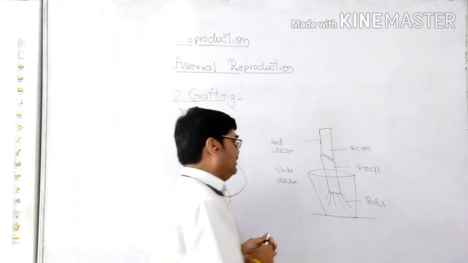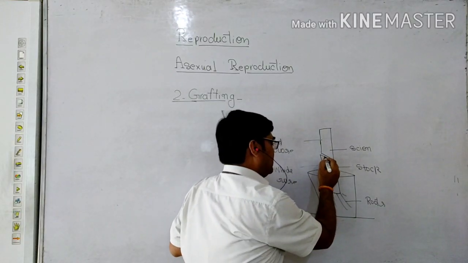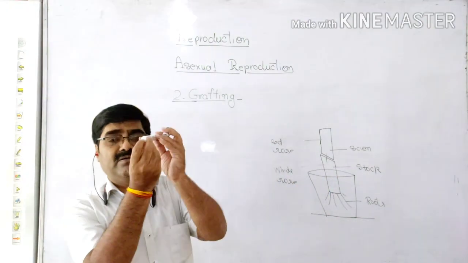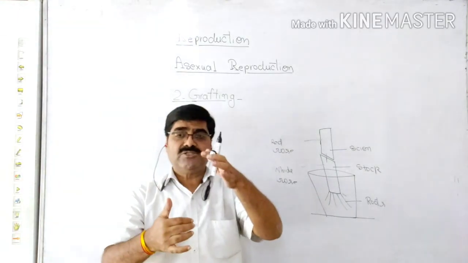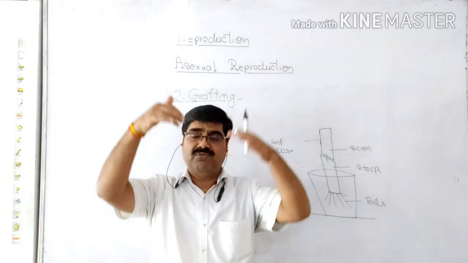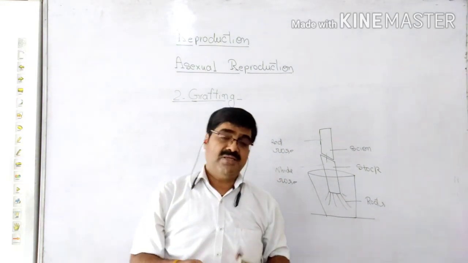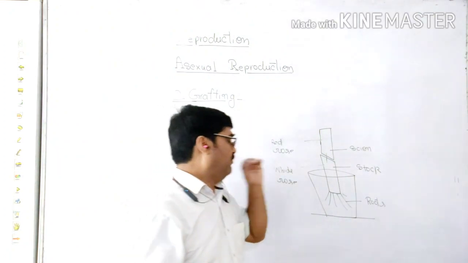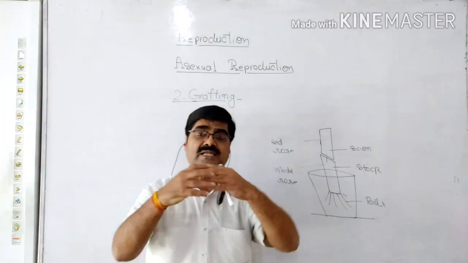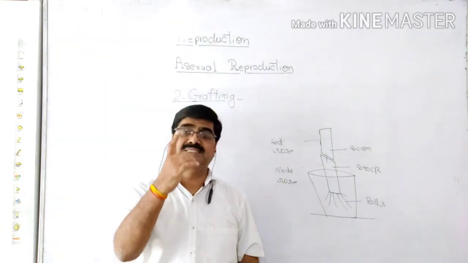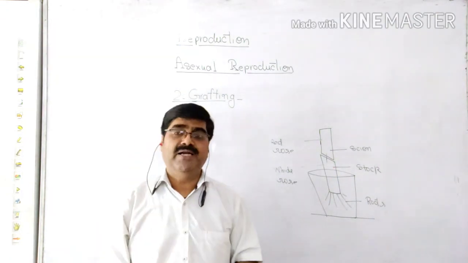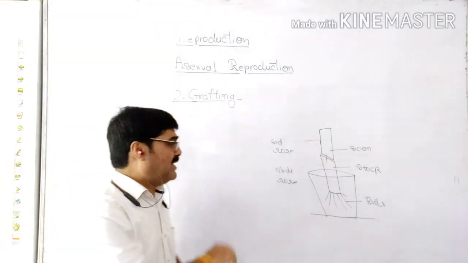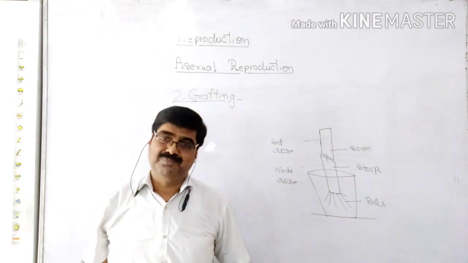Here, one very important point is that the cambium should be aligned. Cambium is the middle part of the stem. It should be aligned so that the xylem and phloem can be connected. After some time, the xylem, phloem and other tissues of both cut stems join and it starts to behave as a single plant, and it will provide both flowers, white as well as red. This method is called grafting.